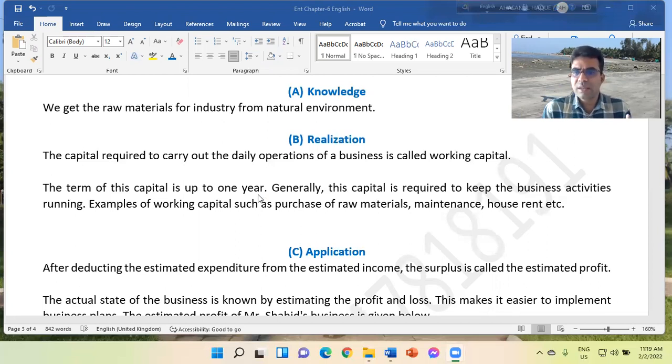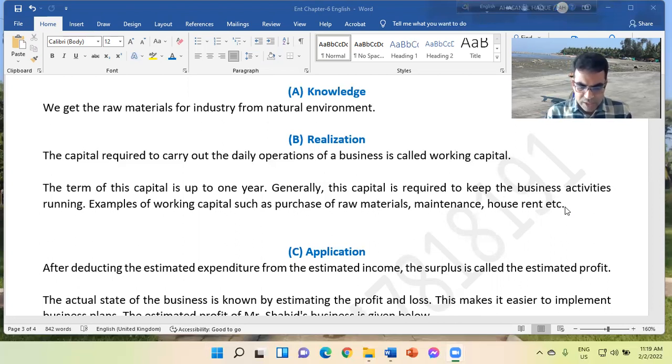Which types of expense will be executed using working capital? The term of this capital is up to 1 year. এক বছরের জন্য generally this capital is required to keep the business activities running. এই ব্যবসা প্রতিষ্ঠান রান করবার জন্য active রাখবার জন্য keep up the business running need working capital. Example হিসেবে আমাদের কি করতে হবে? House rent, maintenance cost, purchase of raw materials, salary, etc. These are the working capital. Understand? এগুলো হচ্ছে ওয়ার্কিং ক্যাপিটালের মধ্যে পড়ে, যেগুলো প্রতিনিয়ত হয়ে থাকে সেগুলো হচ্ছে আমাদের ওয়ার্কিং ক্যাপিটাল।